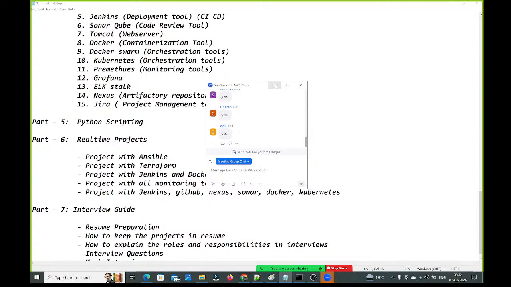One more thing. If anyone is looking for mock interviews, I will conduct them. You can refer your friends. I will conduct mock interviews on Java backend, Java DevOps with AWS, DevOps and AWS cloud, Python, and Django. I will conduct the mock interviews for free only. If any of your friends are looking for mock interviews, ask them to share their resume and I will take the mock interviews.